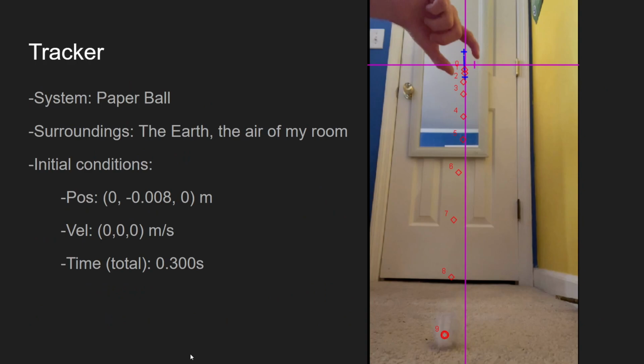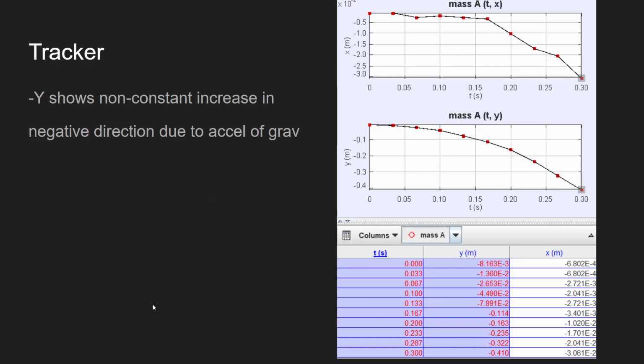Here's the experiment. The system is a paper ball. The surroundings are the earth and the air in my room, and the initial conditions are as such. And here it is again. As you can see, in the y direction, there's a non-constant increase in the negative direction due to the acceleration of